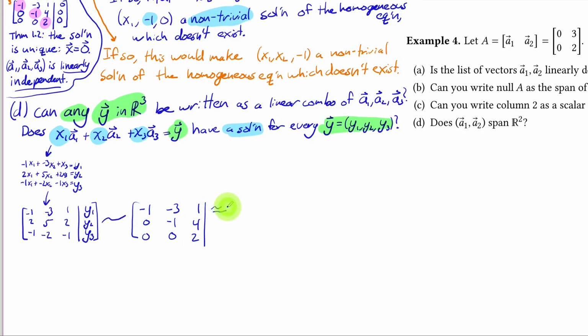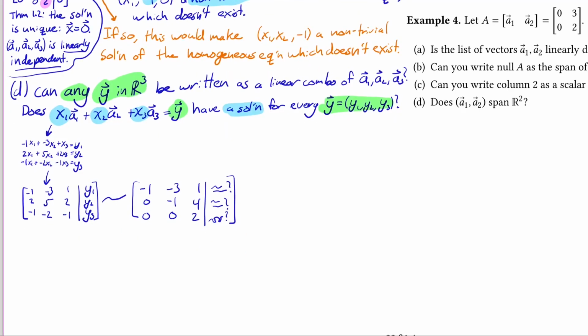But I don't know. There's some stuff over here. Who knows what that is? Now, do we actually have to find the solution? The question doesn't say find the solution in terms of y. It just says, does it have a solution? And fortunately, because we've been studying theorem 1.2, we know that this is always going to have a solution because